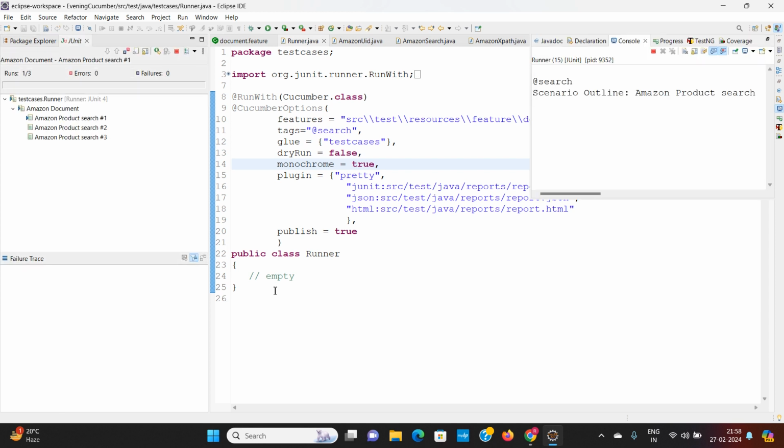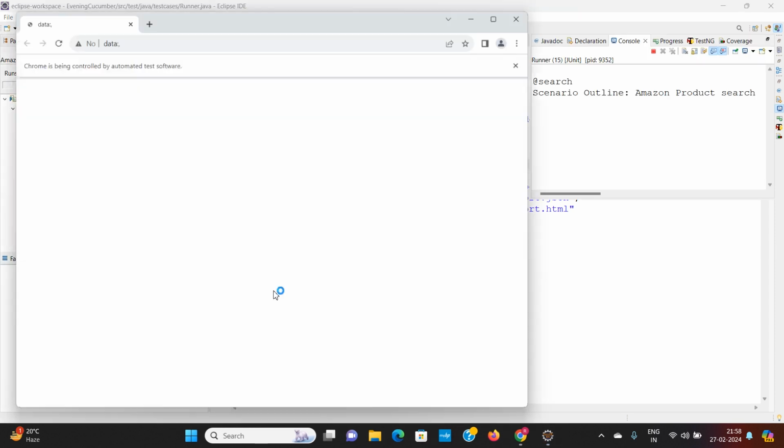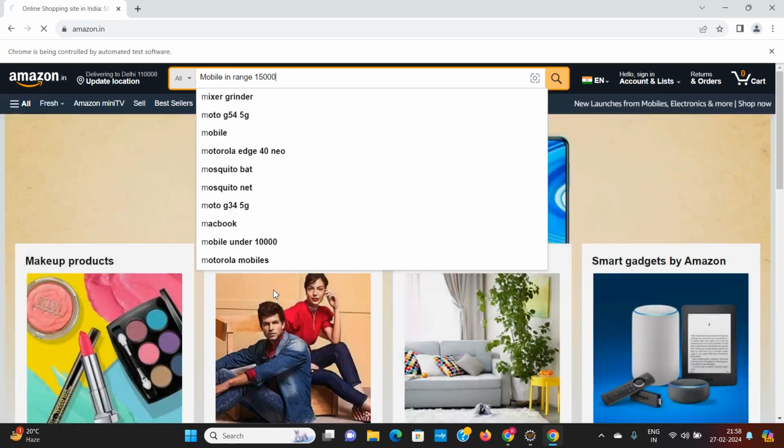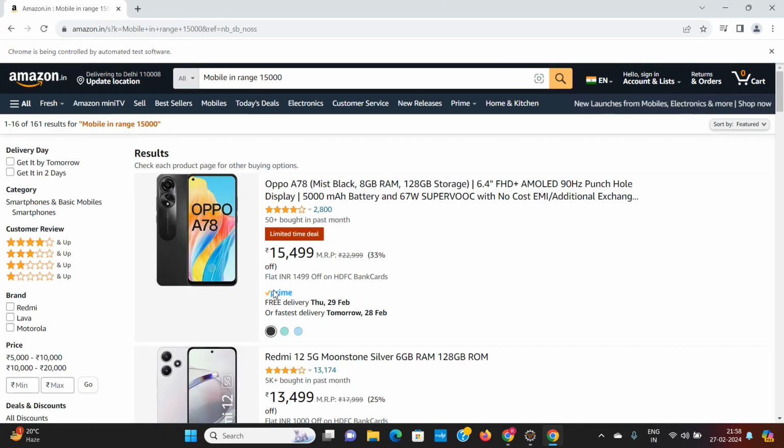So you have to run the runner class, and the runner class will run the feature file, and the feature file will run the test. So you see, first of all, it is searching mobile in range 15,000.